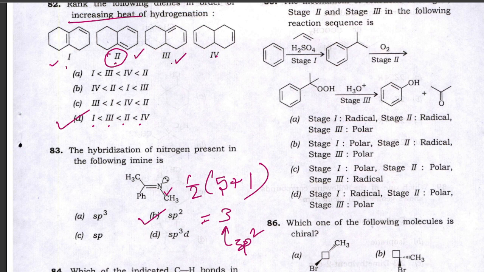Now if you look at the first stage, stage 1, where the H2SO4 is, we know H2SO4 is an acid which can protonate something. Something giving H plus is definitely not a radical initiator. This is a kind of cationic or anionic reaction mechanism where you will protonate something, making it positively charged. So that reaction course will be polar in nature.